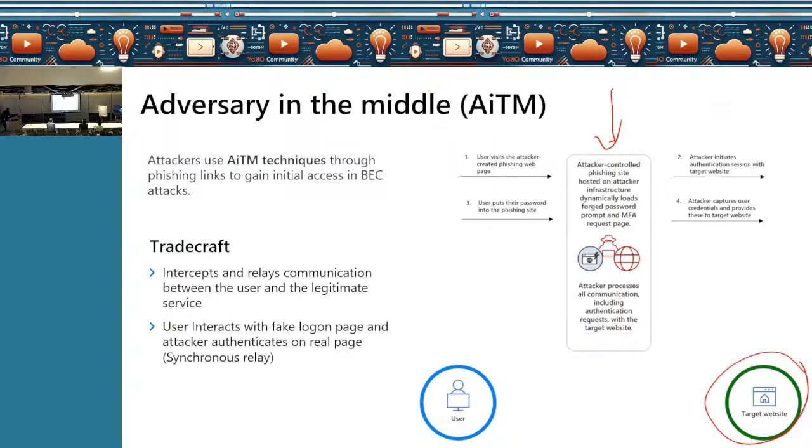Now, the second thing which happens is, naturally, if you go on a website, let's say it's login.microsoft.com, you are going to enter credentials, right? You will be entering a password, and it all looks legitimate. You are entering the password. The attacker is also entering the password on the actual website. Now, naturally, after you enter the password, you get an MFA prompt, right? This is something which happens so often. It's the website which prompts us for MFA, because that's a requirement. In turn, the phishing website is also going to prompt you for MFA.